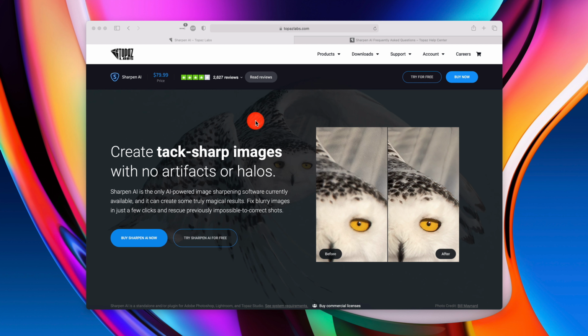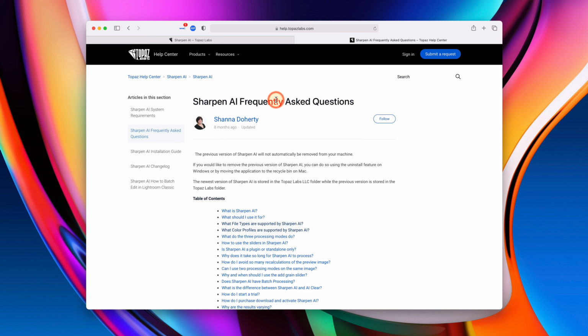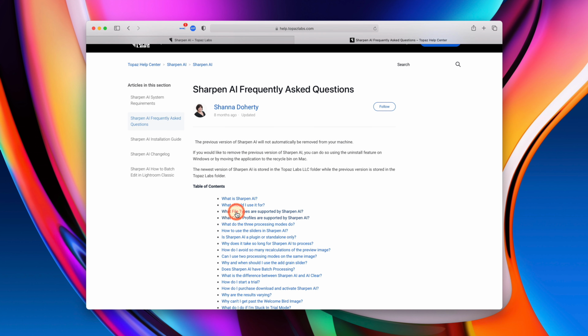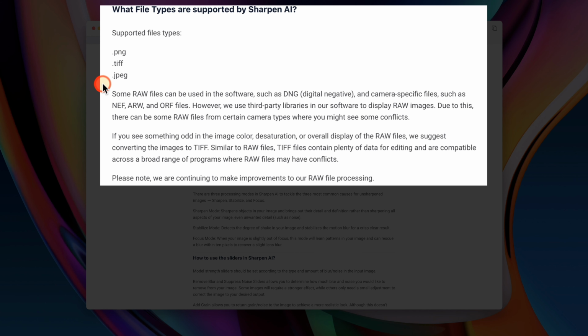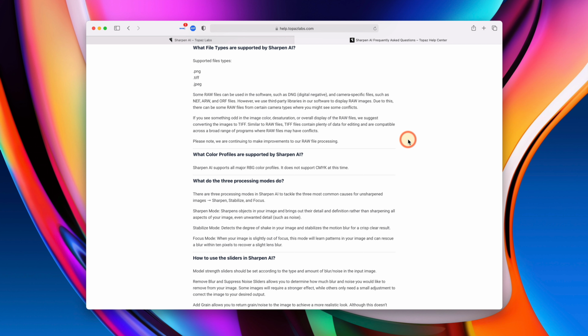So I have this particular Sharpen AI tool page open, and I have a frequently asked questions page on the same. So let's take a look at the file types that are supported. Do carefully go through this. Topaz clearly states they are not a raw processing application and they only work with pre-processed files best.